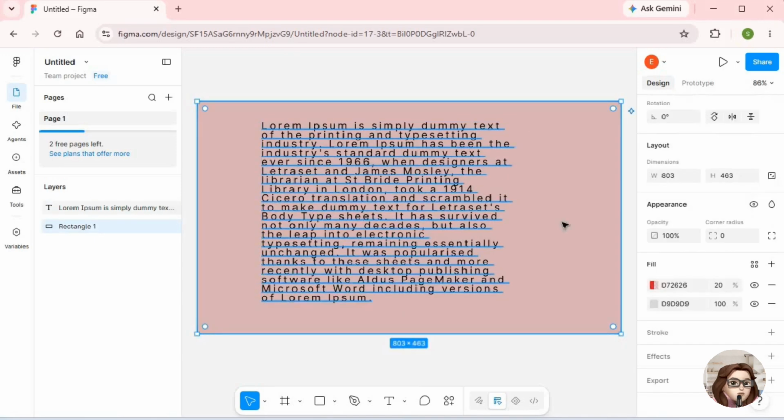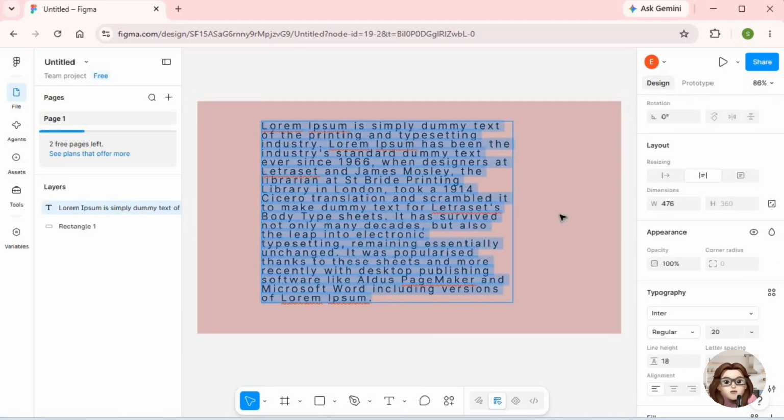After making your adjustments, review the paragraph and fine-tune the spacing until you're happy with the result. And that's it! You've learned how to create a justified text